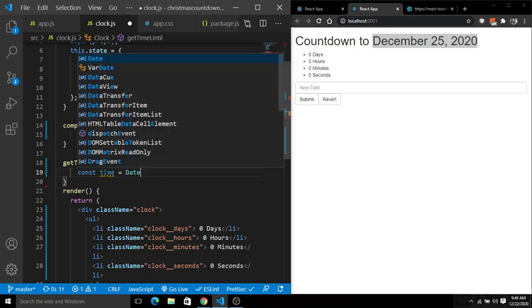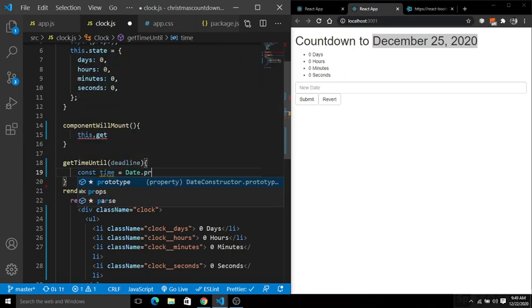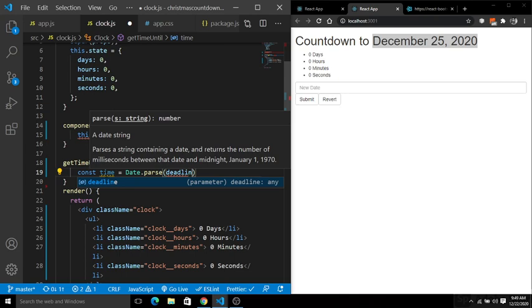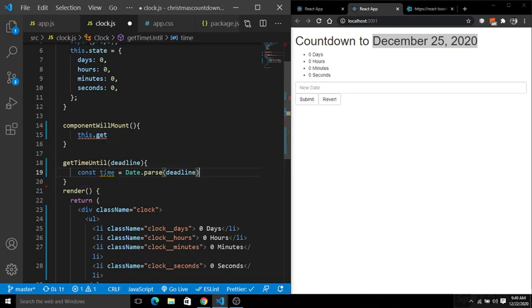For the time we have to parse the date. So Date.parse and parse the deadline. The deadline will now be converted into date format.